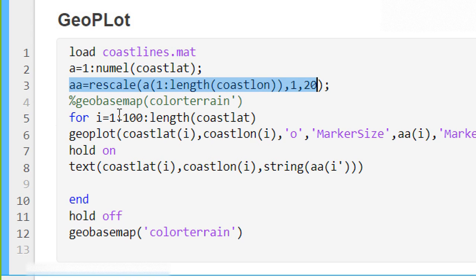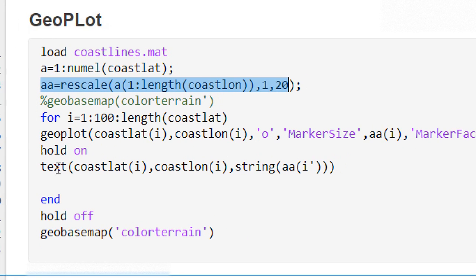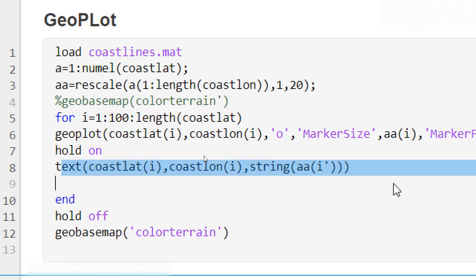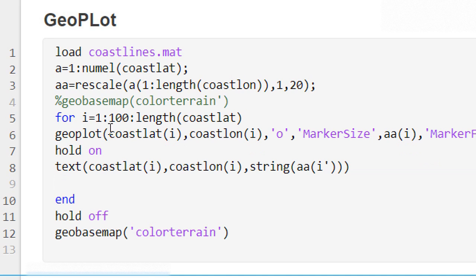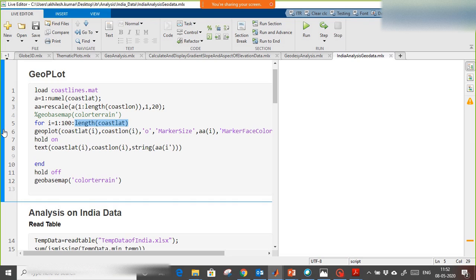So if i equals 1, the first latitude and longitude will be plotted, then the text will be plotted on it. Then i equals 2, the next will be plotted, and i equals 3, the next. I start from 1, the step size I am taking is 100, and the total loop runs for the length of the coast latitude or longitude. So if I run this,